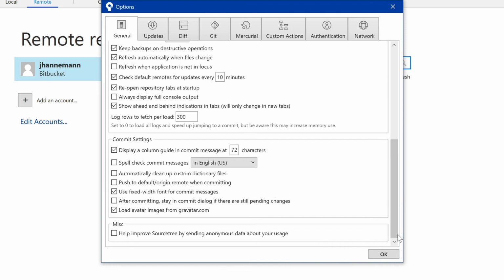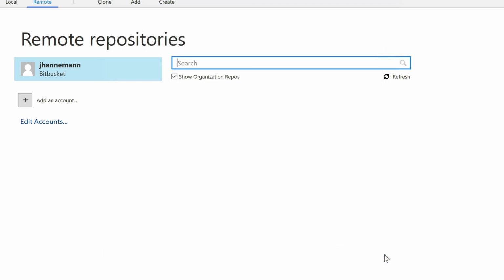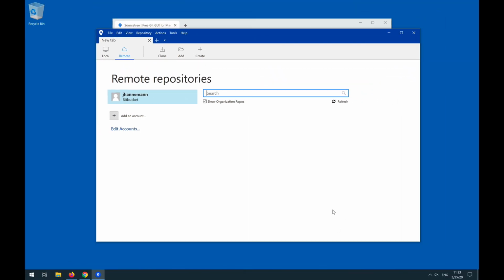Once we have that, we are good to go, and SourceTree is installed, and we can now go ahead and actually clone our first repo. But before we do that, we're going to install our IDE next, the Integrated Development